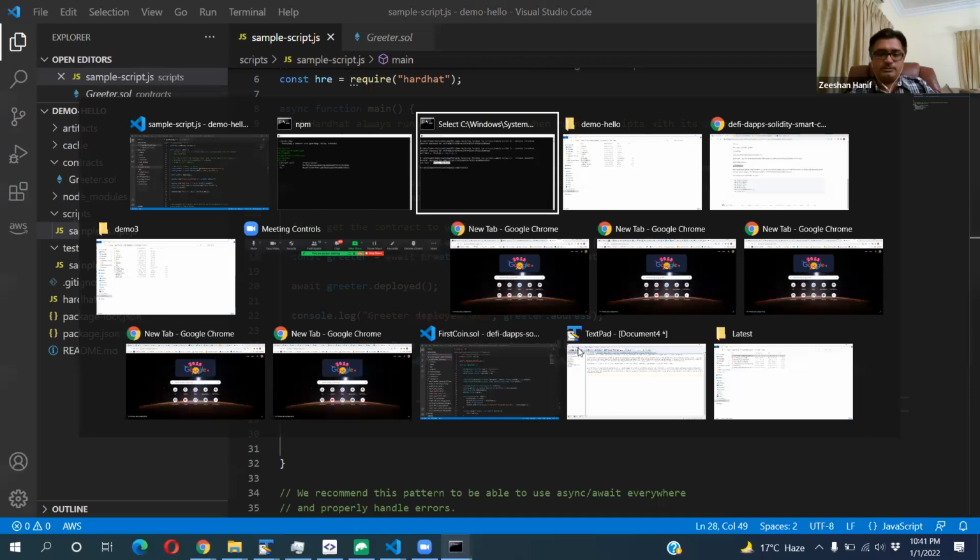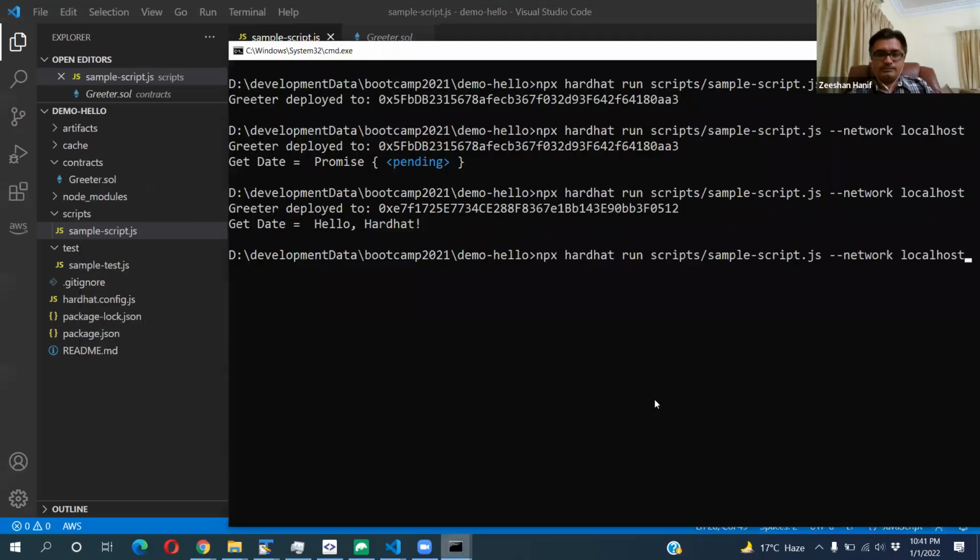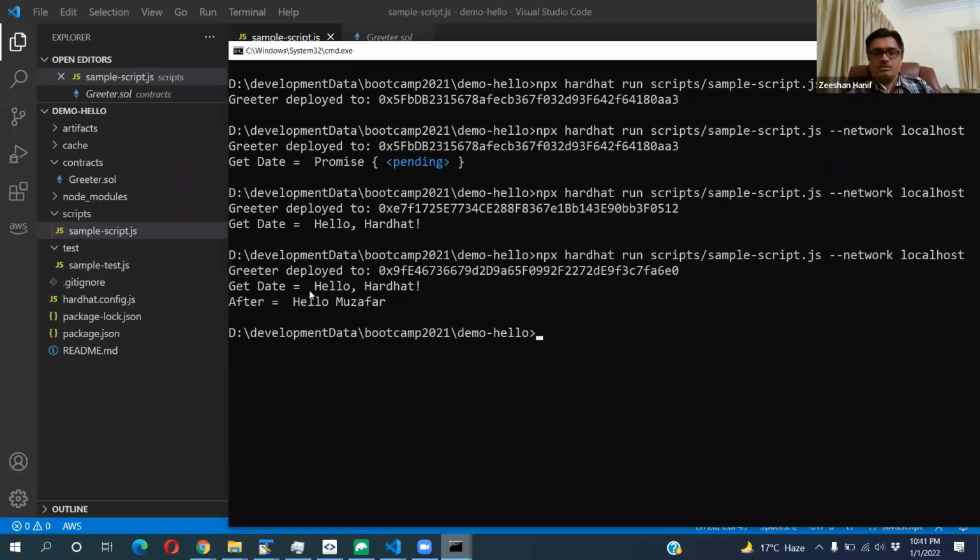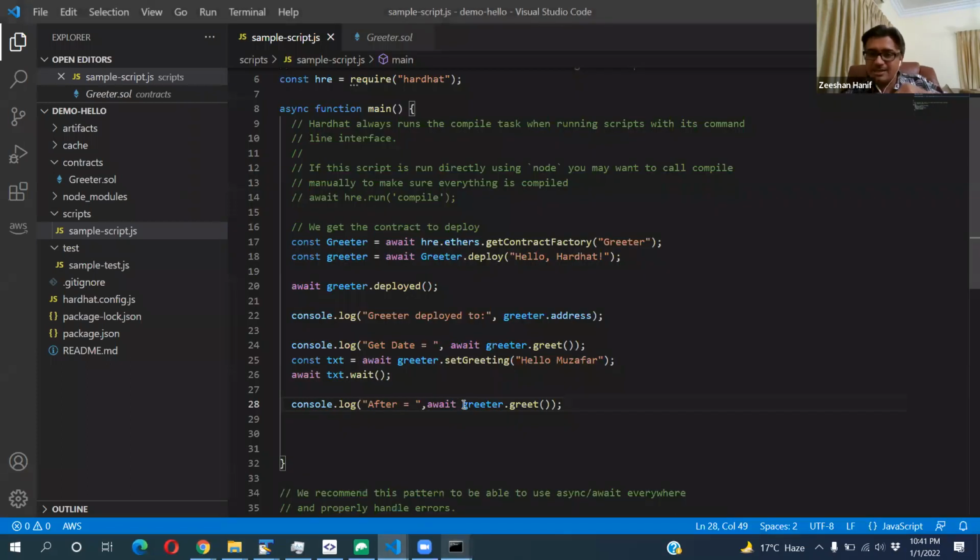You see, hello Hardhat and then hello Muzaffar. So what is happening is that inside the blockchain you deployed your contract, then you checked the information in the function, then you updated it inside the blockchain by calling your contract's function, and you're accessing the new updated information. That's how you will be running these things.